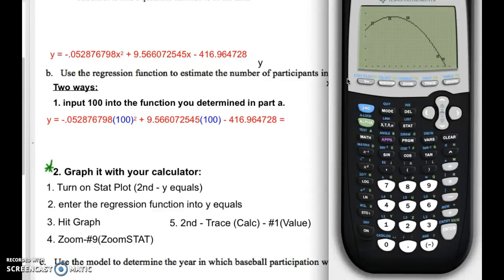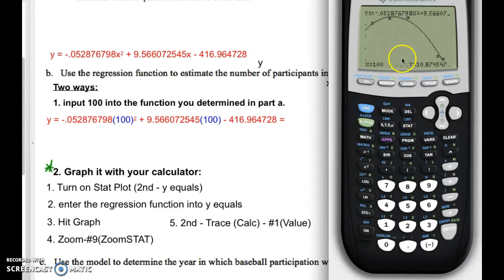Now, to find what the y value was in year 100, step 5 says to hit second trace and the number 1. We're looking for a specific x value, an input. We determined that it was an input, so I'm going to hit number 1 up here, and input the x value of 100. That's the number I want to evaluate. It says x equals 100, so it's going to give me the y value, which we determined is the number of participants in the year 2000. So if I hit enter here,